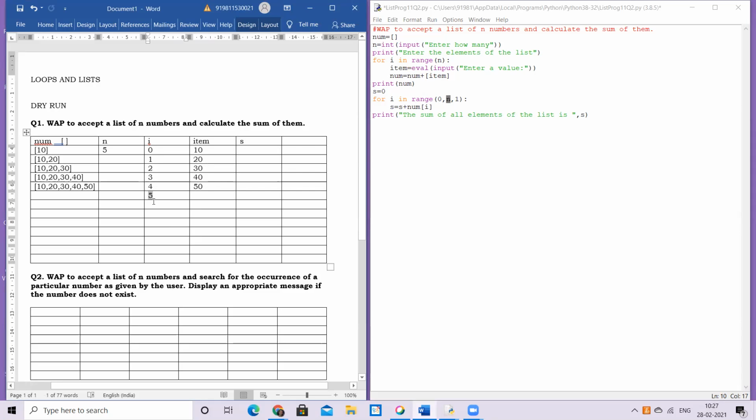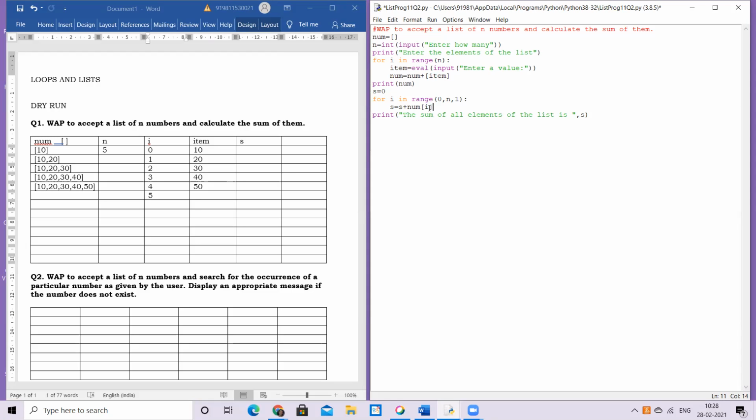When it's 5, it's out. It didn't enter at that time. Okay. Step value plus 1, you can see here 0 plus 1, 1, 1 plus 1, 2, 2 plus 1, 3. So same process absolutely. Whether you write like this or you write like this, they mean the same. Okay. So if I am accessing the elements one by one, then I'm able to do whatever I want to do with those elements as per my question.